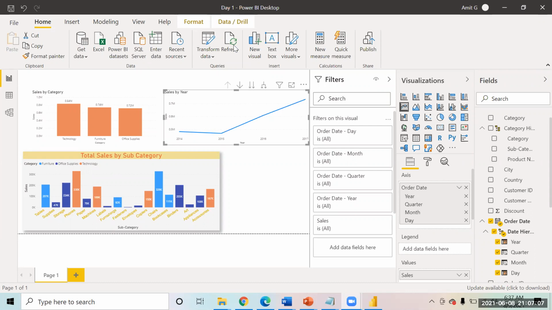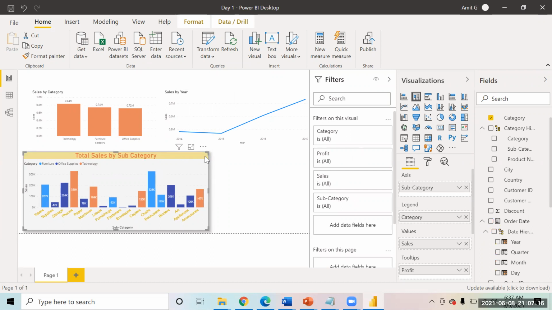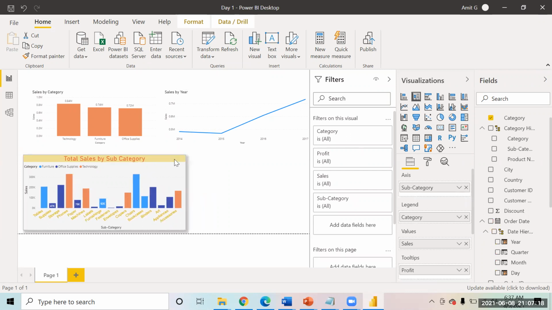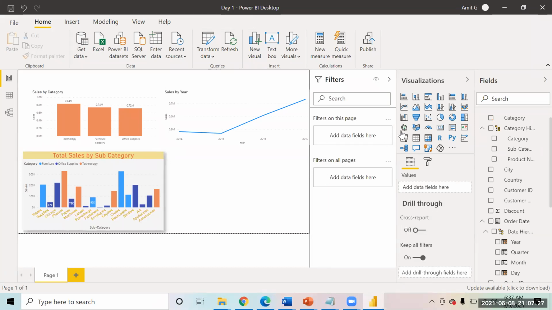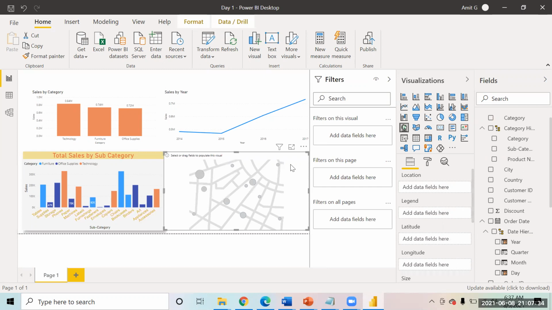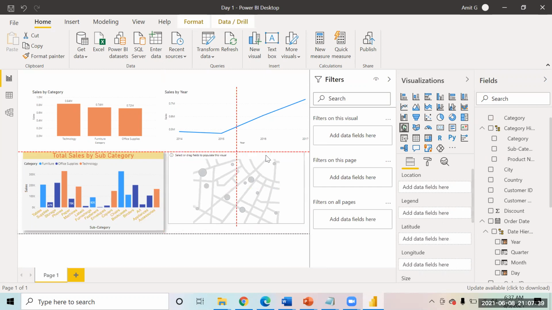Okay, so I hope you are able to get the geographical hierarchy. Now, the reason I have asked you to make the geographical hierarchy is that we will be doing a geographical analysis over here. Power BI provides you a feature where you can create interactive maps. If you come outside, you see there is a map feature. If you click on this map, you will get an empty visual of that.